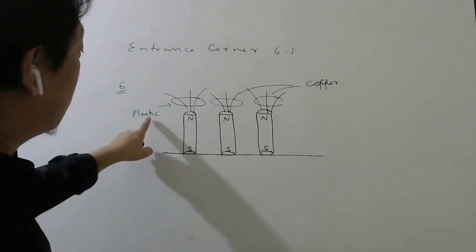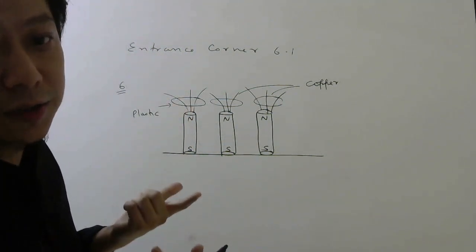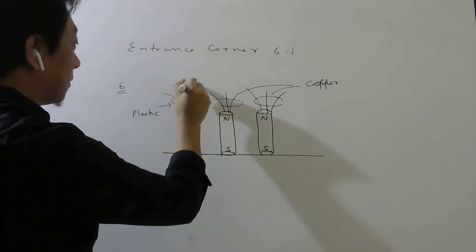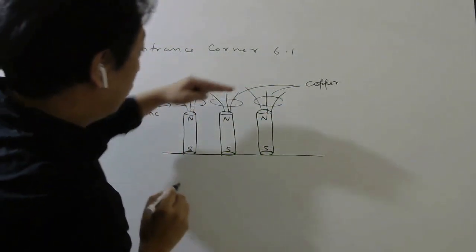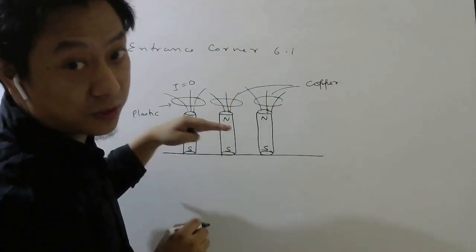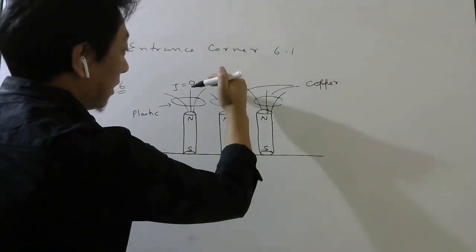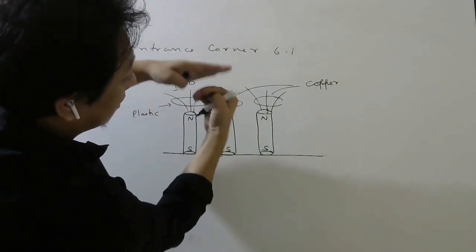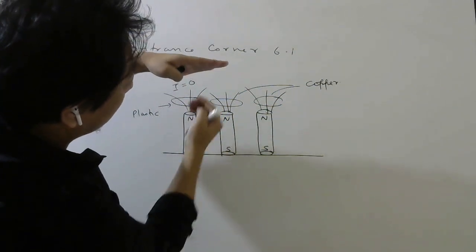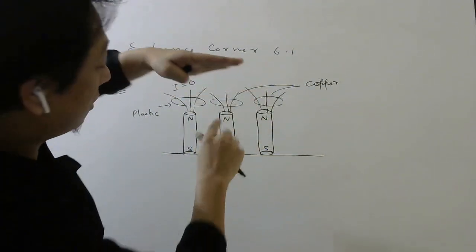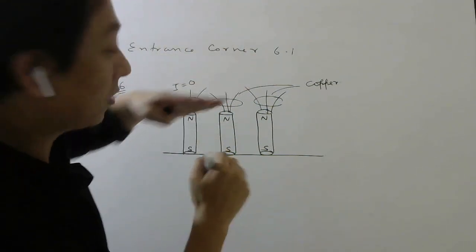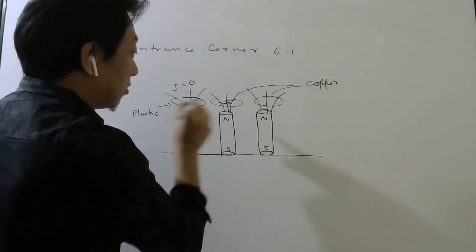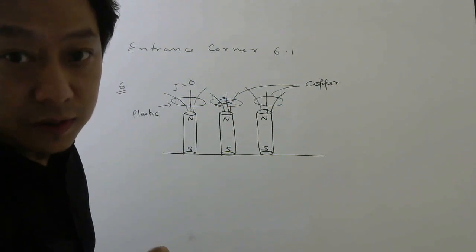No, current will not flow, because this is plastic. It is a non-conductor. No free electrons for them to move in the wire. So here no current will be there. Here current will flow. And which way will it flow? It will flow in such a way that it will oppose the change in the flux. As the coil is falling, this face will act like north, so that this north will repel the north. Understood or not? From the top, when I see, this face will act like south. So south means something like this, so current should flow this way. Understood? So current will flow this way.